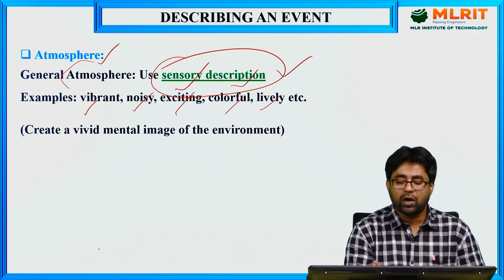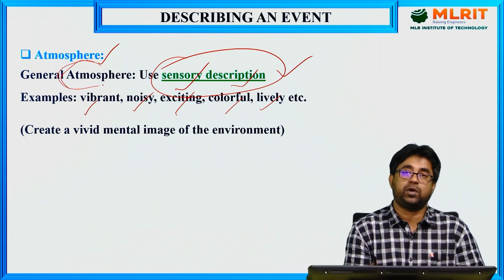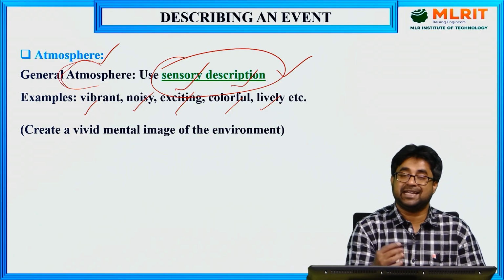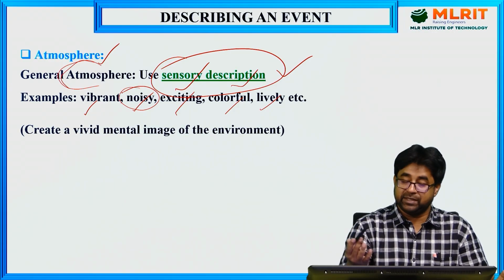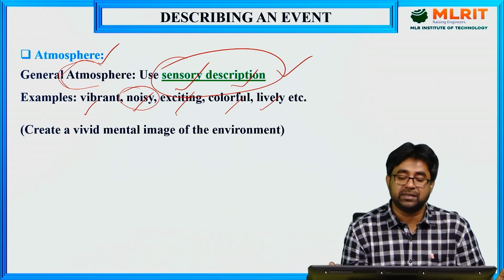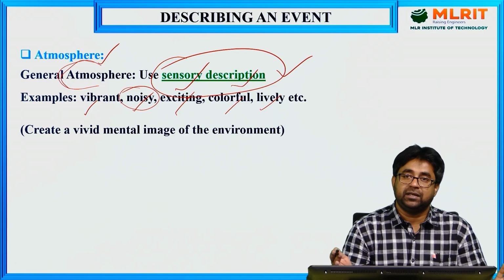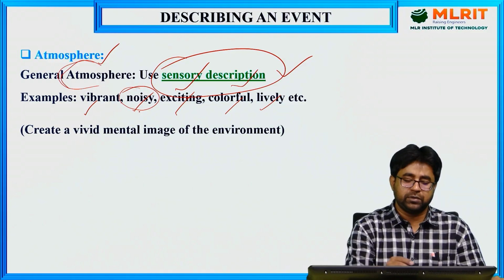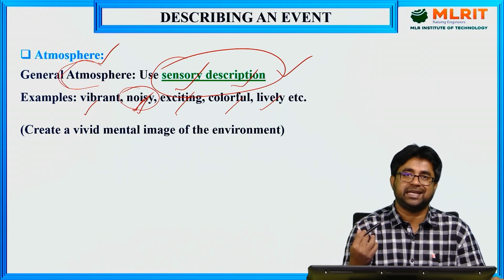So if you don't know all these words, it would be very difficult for you to describe the general atmosphere of the event, right? And the moment you use all these words, what will happen? They will appeal to the senses. If you're talking about noise, let's say I'm using a very simple sentence: the atmosphere on the day was very noisy, because of the chattering of the students, sound systems, and all those things. So here, the moment you say noisy, it appeals to a sense of what?